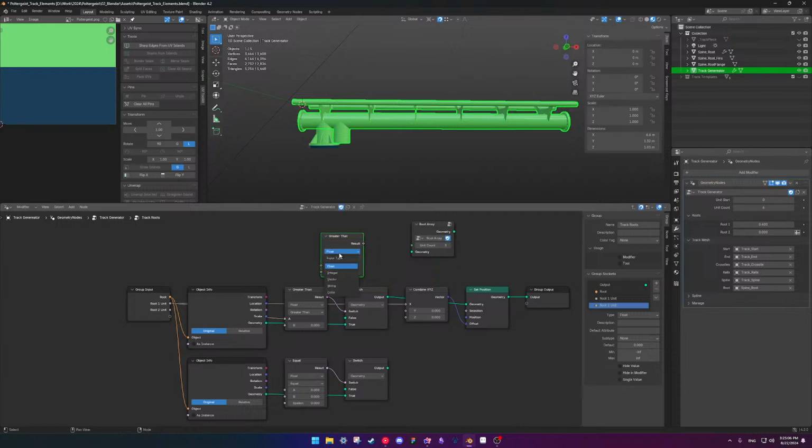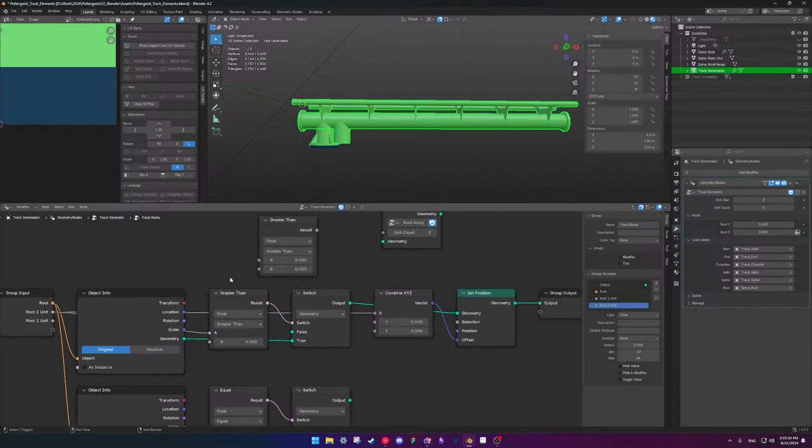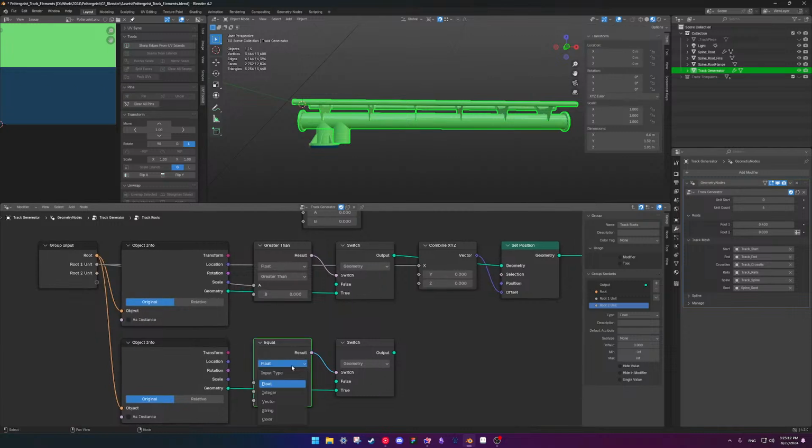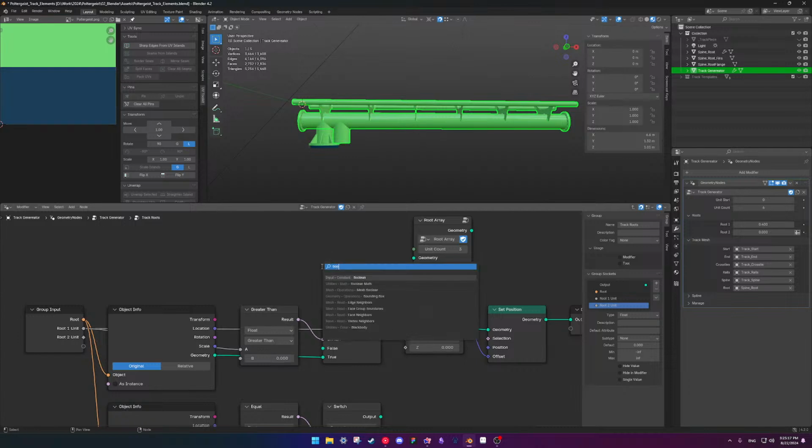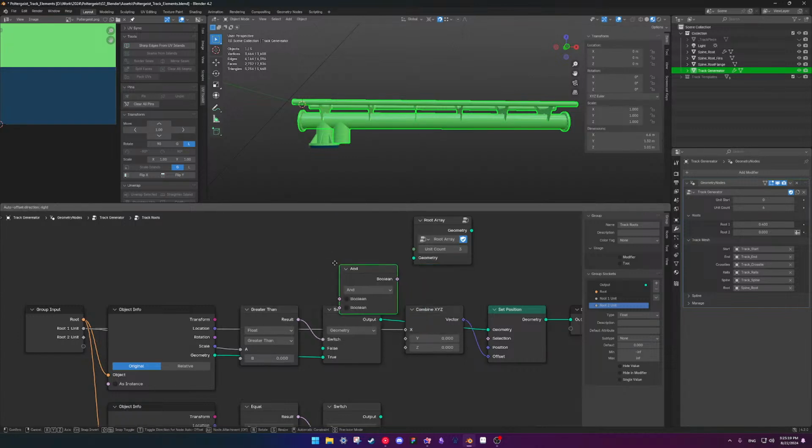Compare node. There we go. And no, it's not here. What am I looking for? Boolean. You choose math boolean. There we go.